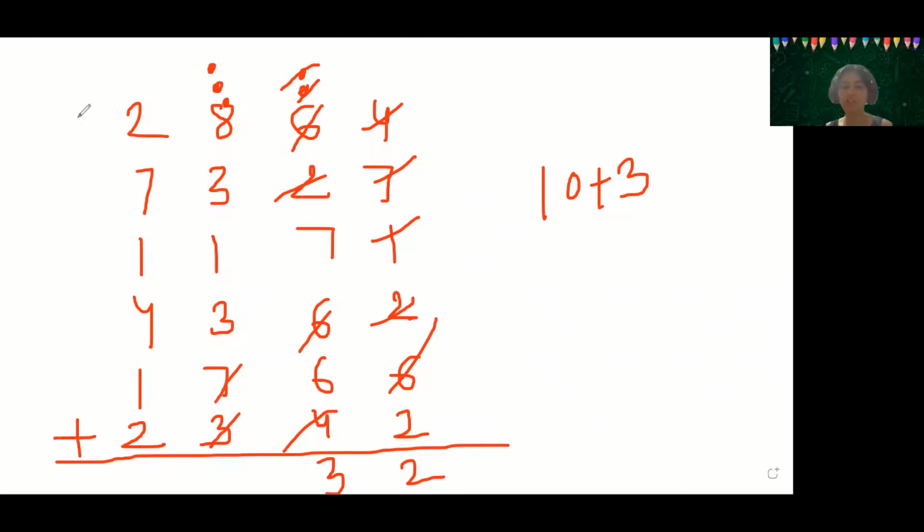See, 7 plus 3 is 10. Yes, put the dot. Again, 8, 9 and 10. Put the dot. Again, any other is there? 3 plus 3 is 6, 7 and 8. No, nothing is there. So 8 we can write. Now let us see the next one. 7, 2 and 1. Put the dot. 4, 5, 6, 7, 8, 9. 9 and 1. 19832 is the answer.